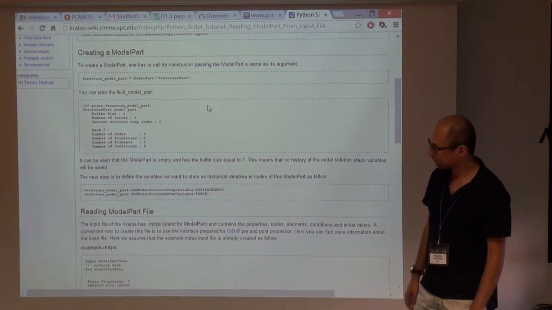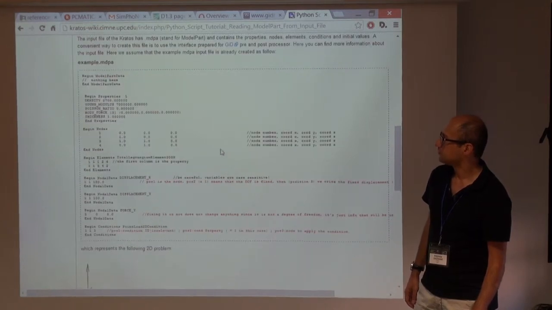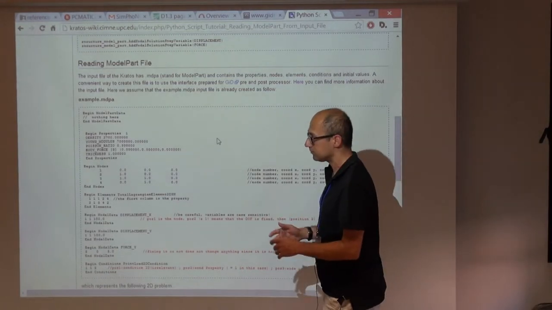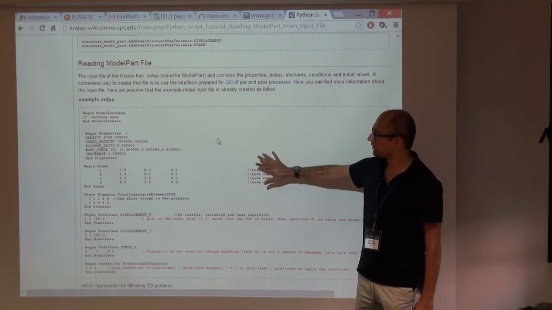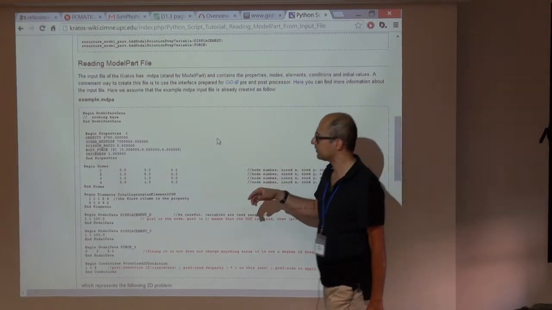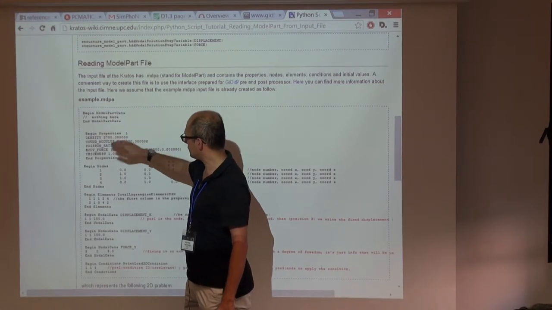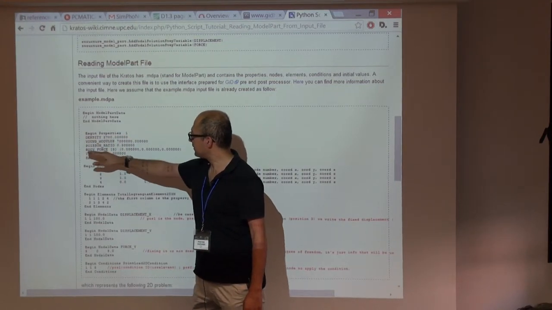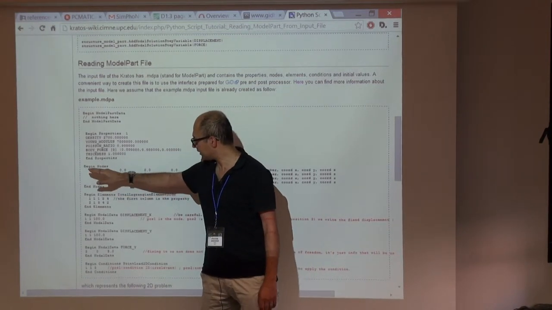Okay. Second step will be reading the model part, because we assume that you have an external mesh generator that creates a model, an input file like GiD, for instance here. So this is a typical input file. You can find the documentation of this input file also in the documentation part of the wiki, saying how it's structured. But usually it's a begin, end with something: begin model part, and model part is the data. Then begin properties with the ID of properties, and say density is this. The vector of the body force is like this. And then you have begin nodes, end nodes,